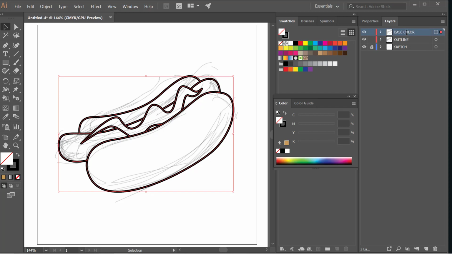The base color is what we will use for applying color to our artwork. Okay? Then, make sure you place the outline layer above the base color. Okay? Then, you need to hide the outline first. Okay? Next,